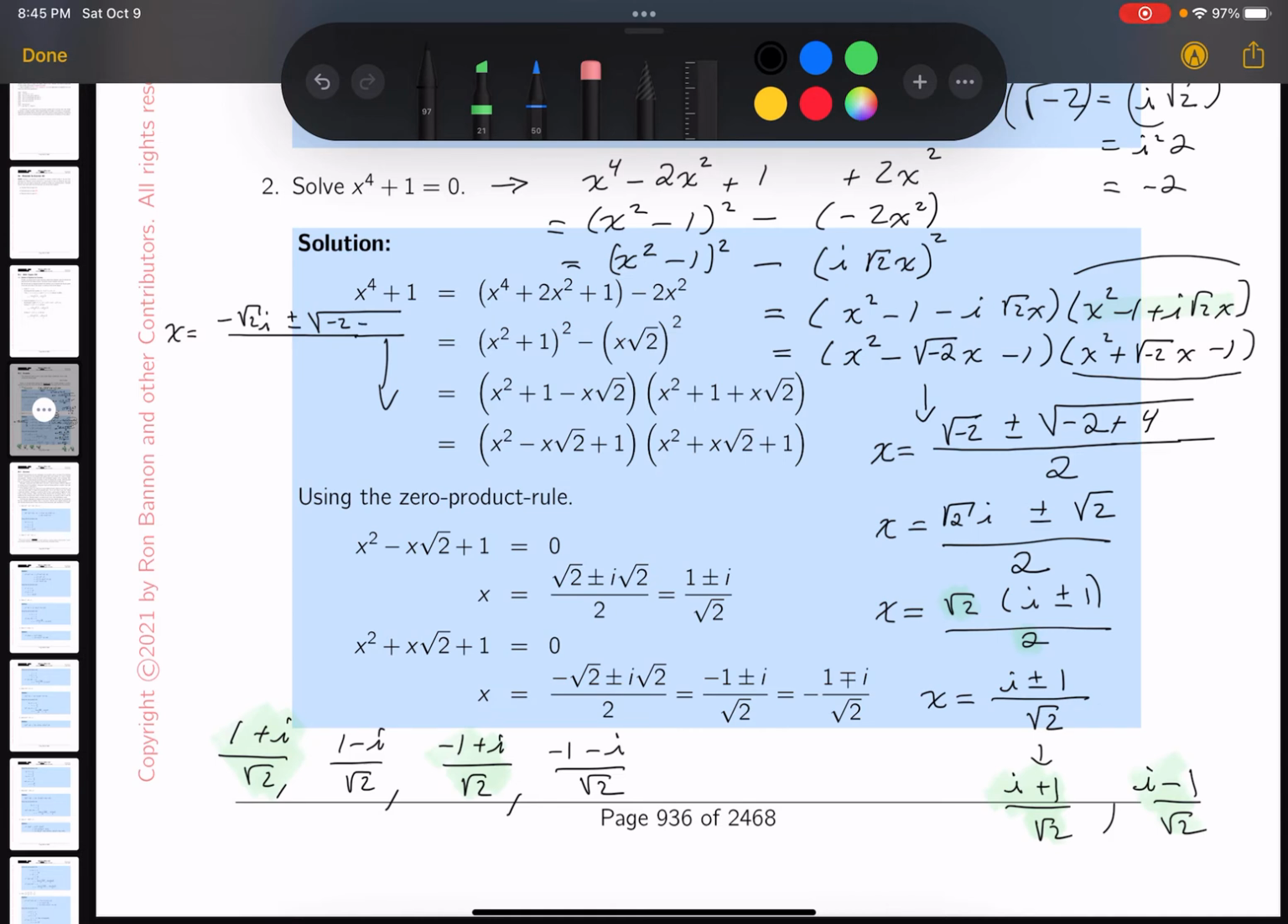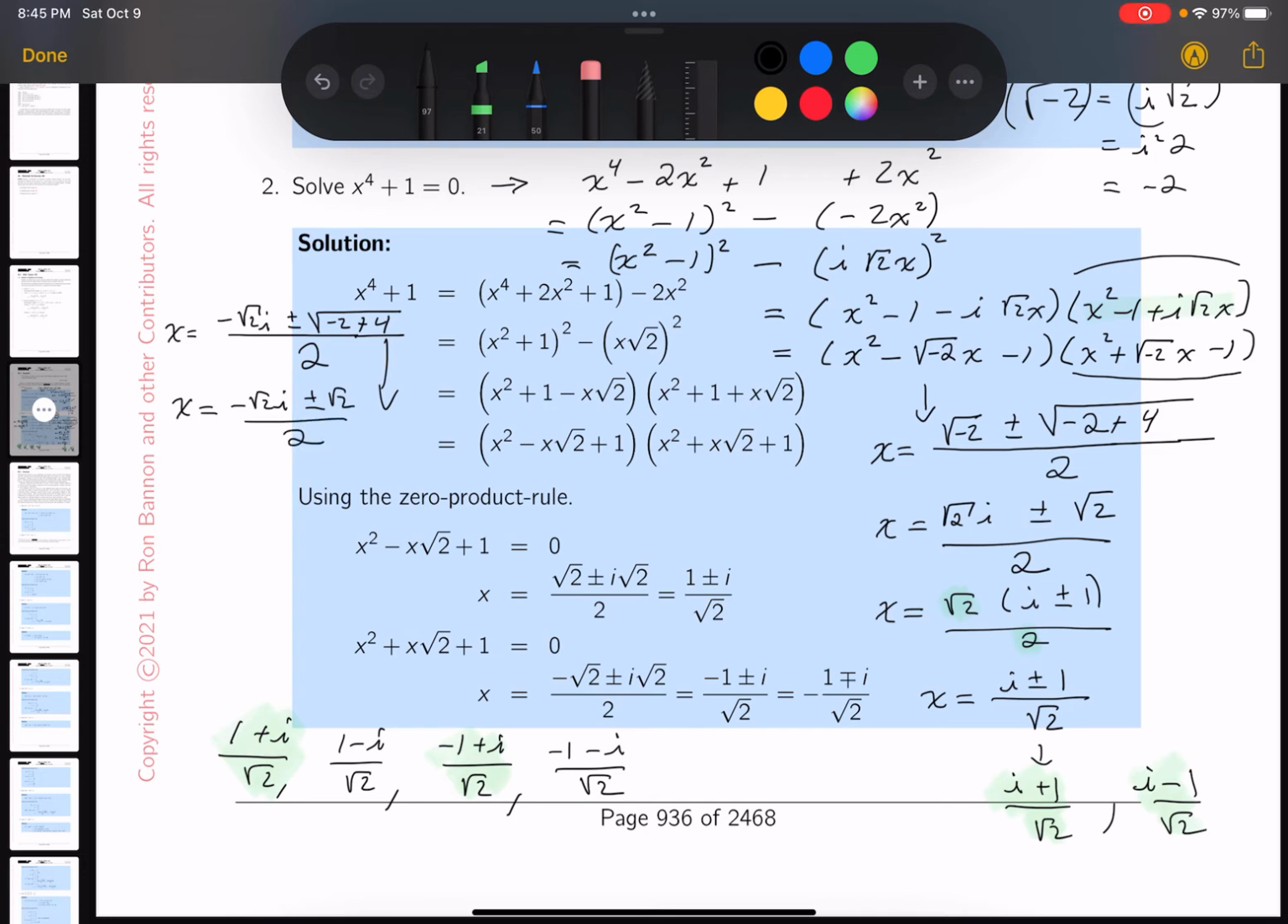And then what do you get? Minus 4 times a times c. Well, it's going to be 4 times 1 times minus 1, so it's going to be minus a minus 4, which is plus 4. Let me see if I did that right. Yeah, plus 4. Over twice a, which is 2. Let's write this down. What do you get? You get x equals minus root 2 i plus or minus the root of 2